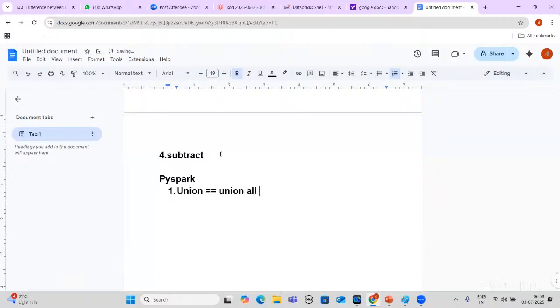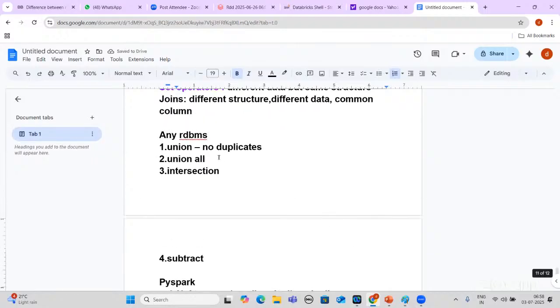Union all will allow duplicates. We have two sets and we are combining all the data, so it will have duplicates. But union doesn't have any duplicates, only unique values are taken. But union all will have the duplicates.